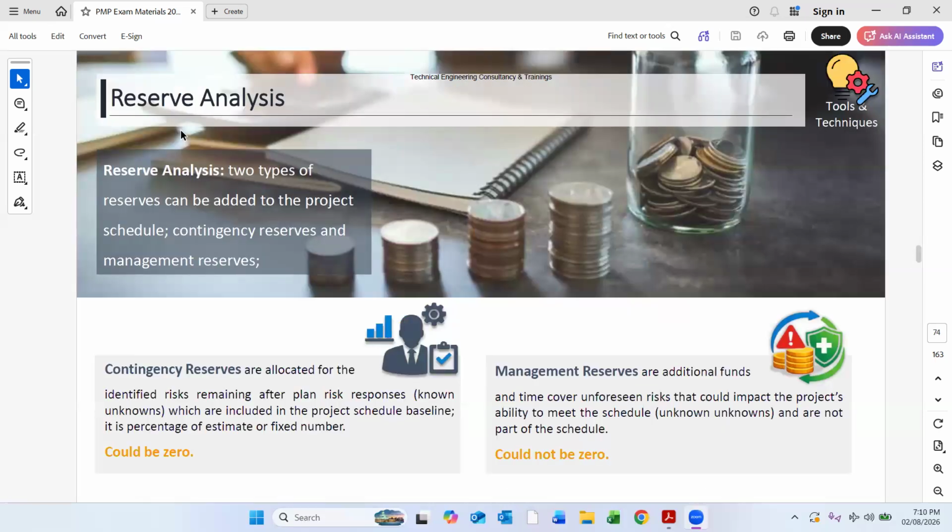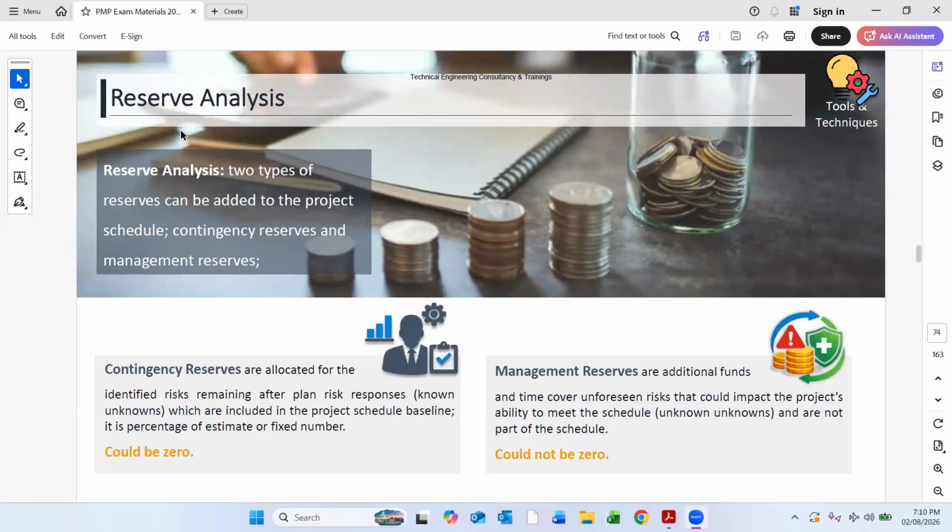Reserve analysis. Two types of reserves can be added to the project schedule: contingency reserves and management reserves. So with those reserve analyses, how can we add these two reserves into the project schedule, I mean the time frame. There are contingency reserves and management reserves. So contingency reserves is